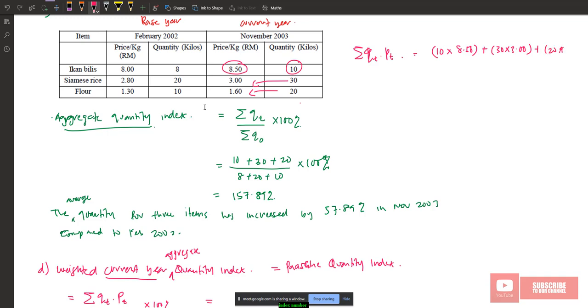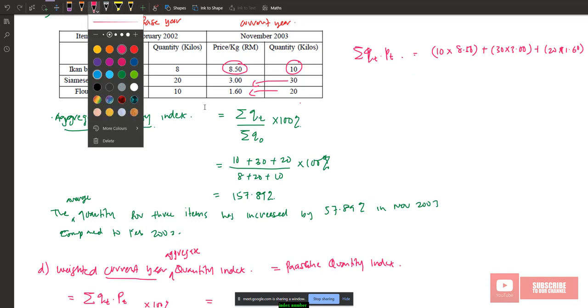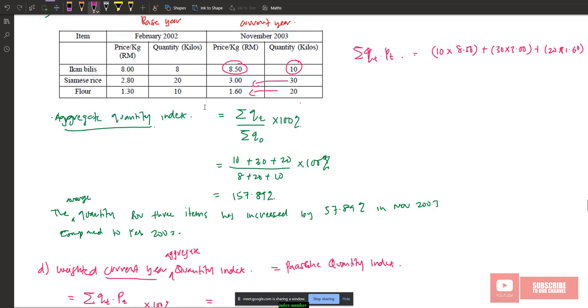20 plus multiply with 1.60. So this one should be equal to, you need to calculate this one. And then let's focus on the second part, which is the denominator, summation of Q naught multiply with PT. So this one divide by